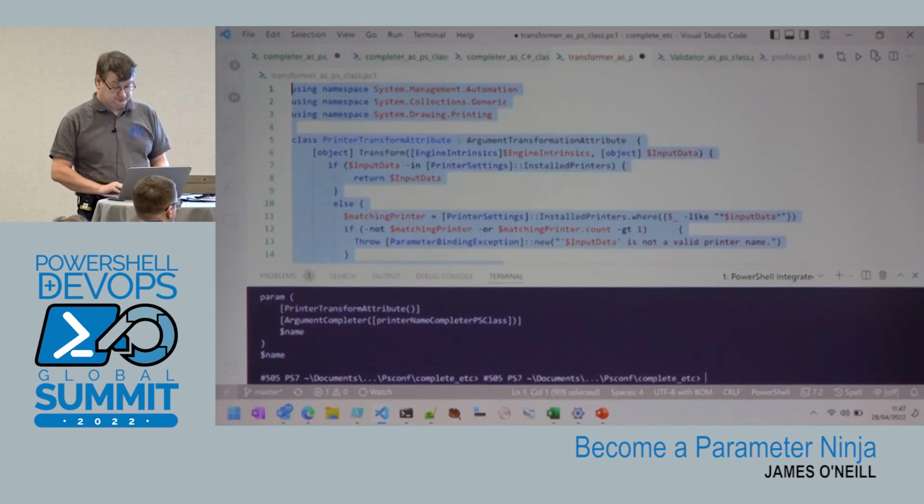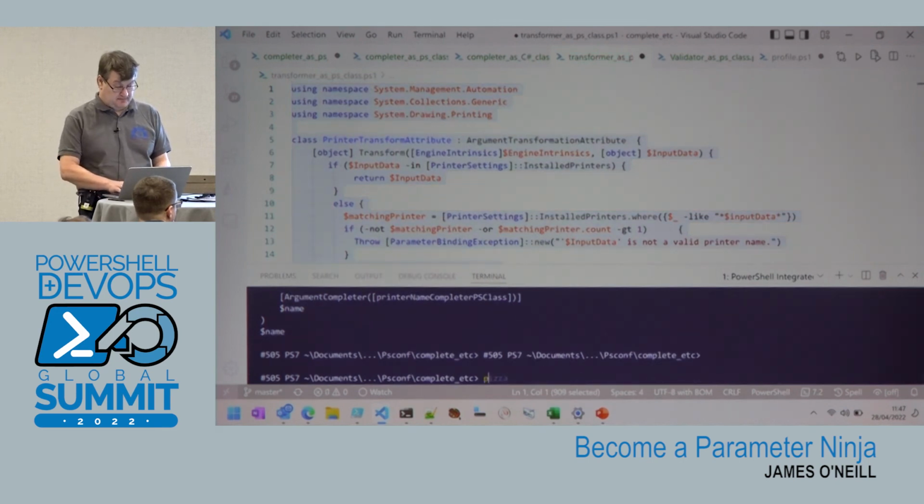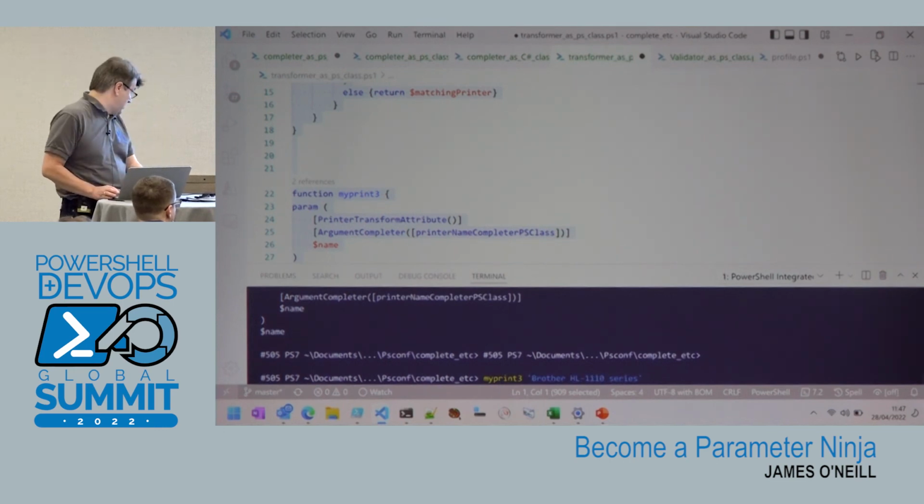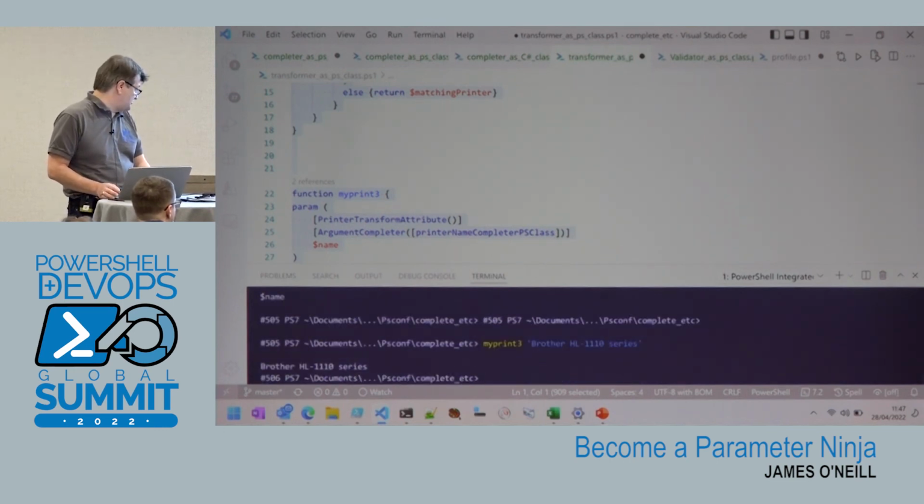So if I do my print 3, I can tab through those, and you can see I've got my brother printer there. So that works. But if I just type brother,